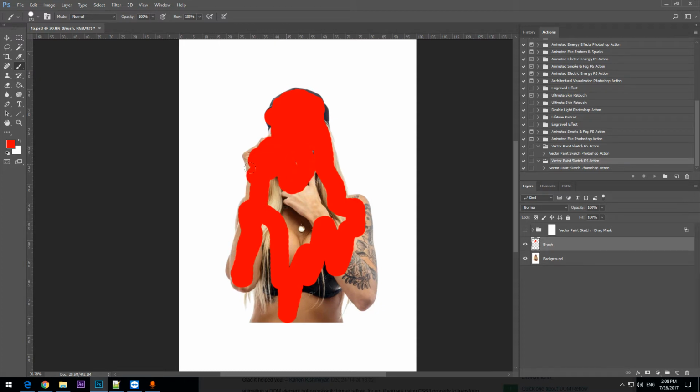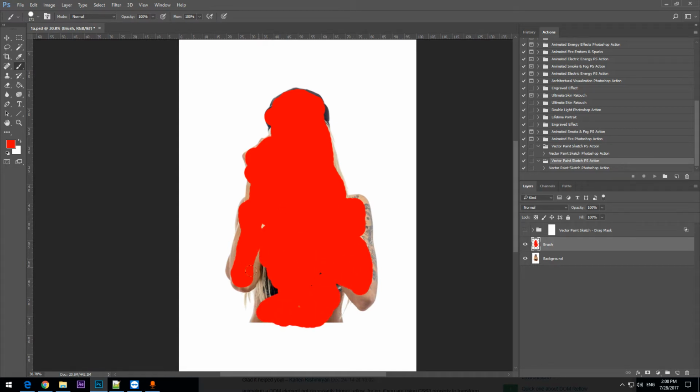So this is one approach. Oops, I did a little more, so you will probably do this too, and you will have to cut the area of overpaint. Or if you are familiar with some other selection techniques,